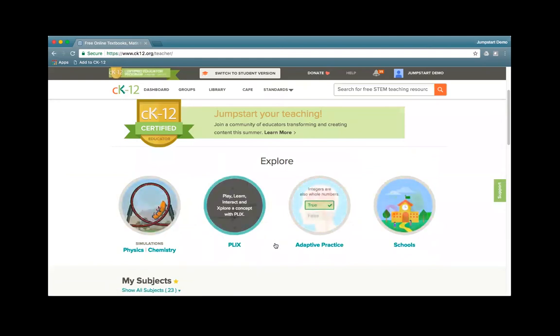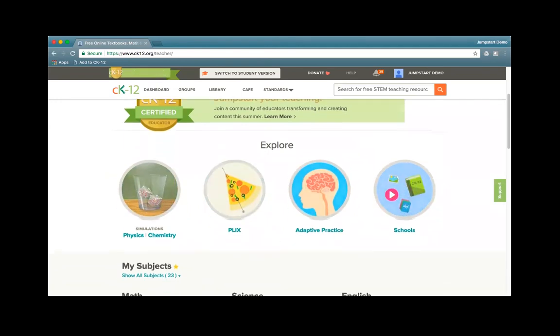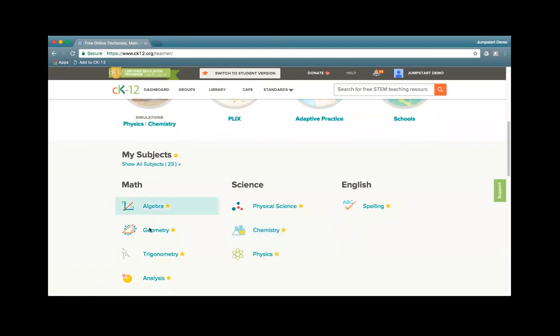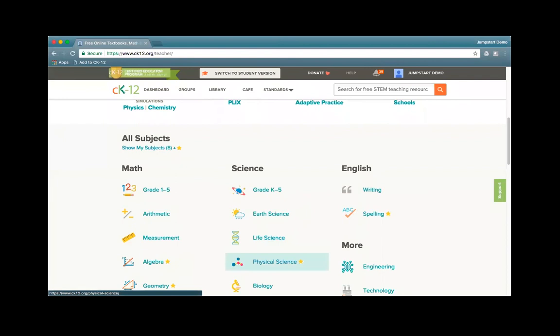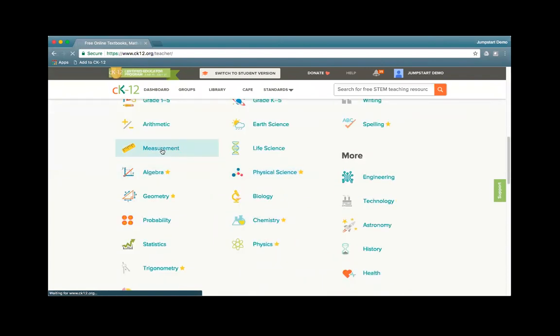The next way would be to think about, I want to build a unit. So I want to build multiple concepts that work together. So let's say, and these are my demo subjects that show up. So if you picked your subjects, those would be the ones that would show up first. But you can always see all of the subjects offered by clicking that option. Now, if I go into measurement,